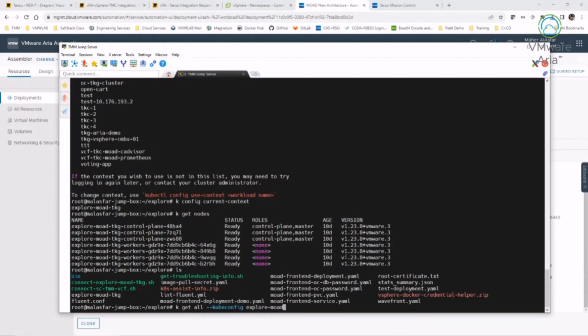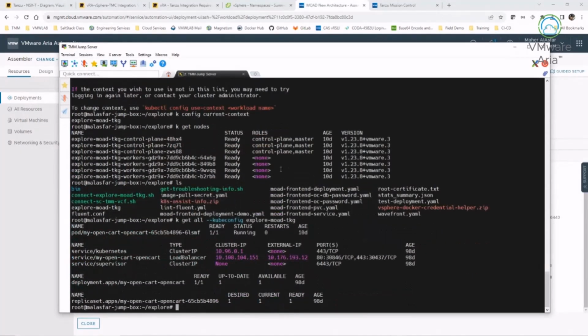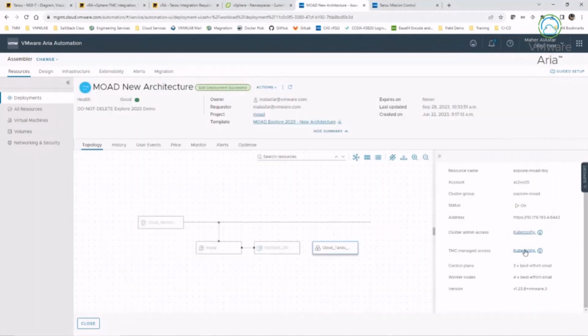You can tell I did this for the US Explorer TKG, and if we use that one, boom. So I could have not logged in at all and used the kubeconfig that was generated by TMC, which includes TMC policies. If you didn't do TMC or didn't have TMC integration, this is what's going to show up. Usually the user will not see this if TMC is involved,